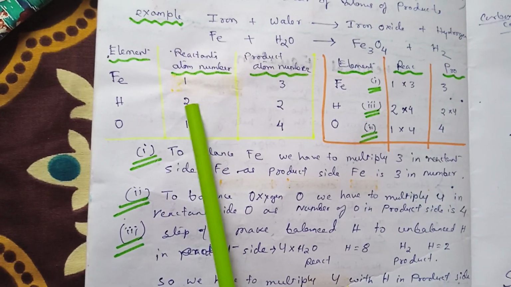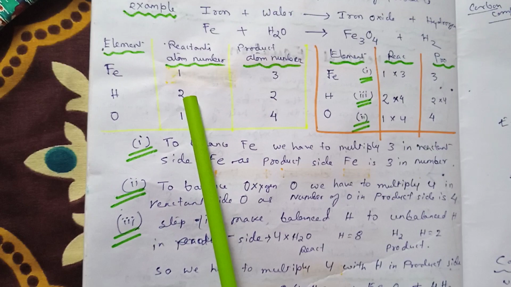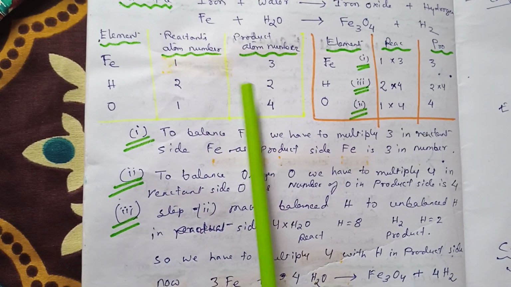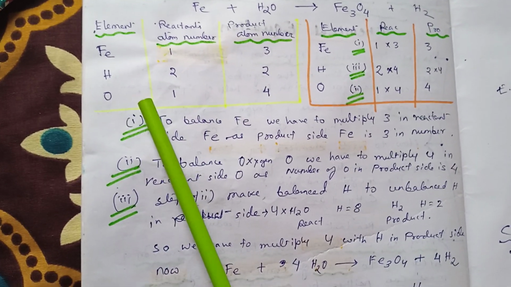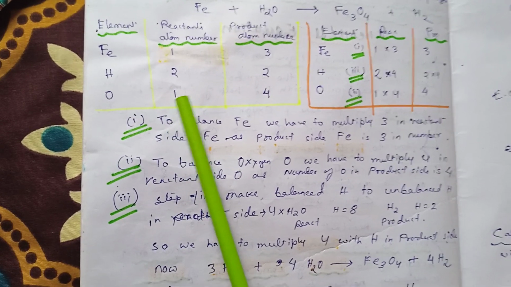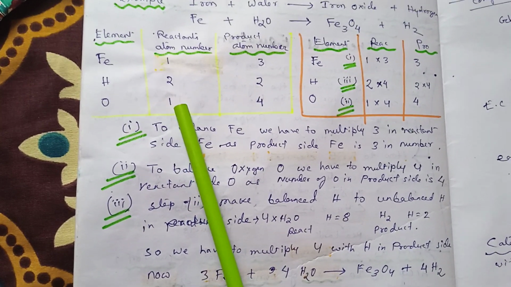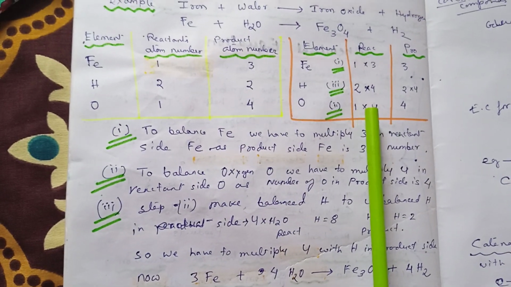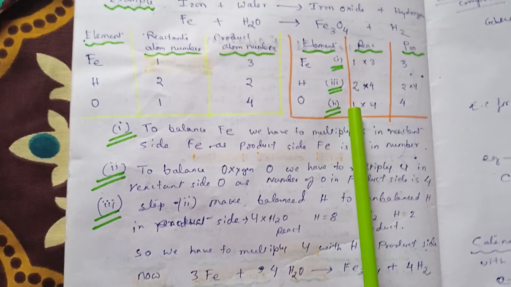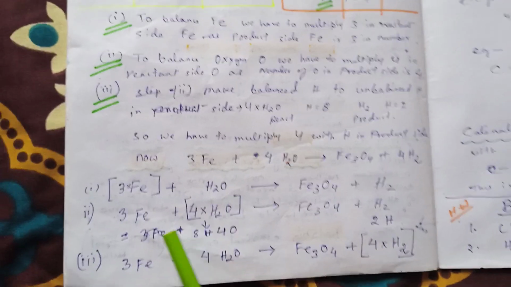Now come to hydrogen. Hydrogen is 2 on both sides, so it is balanced. No need to balance it now. Now come to the oxygen part. Oxygen is 4 on the product side and 1 on the reactant side. So we have to multiply by 4 on the reactant side also. On multiplication, it becomes